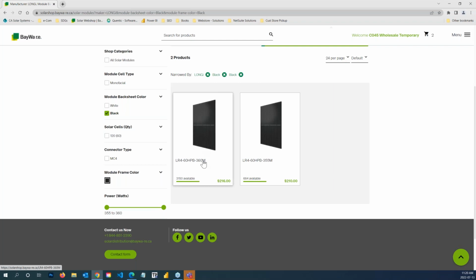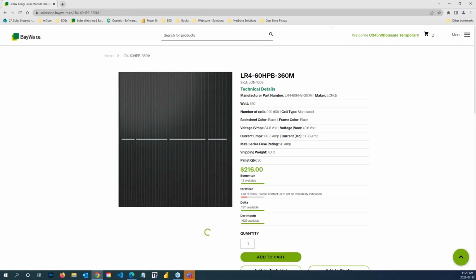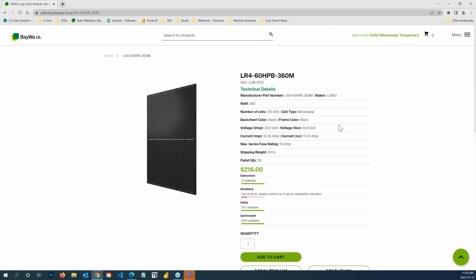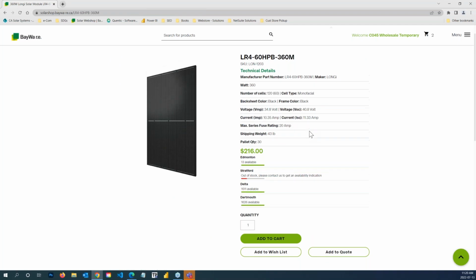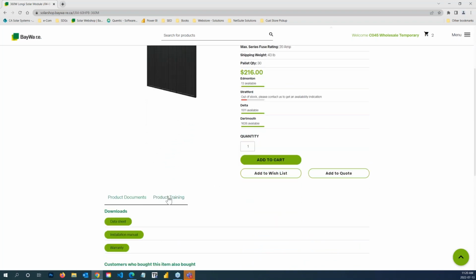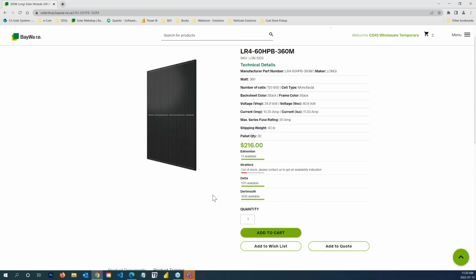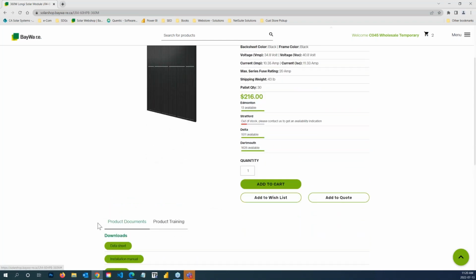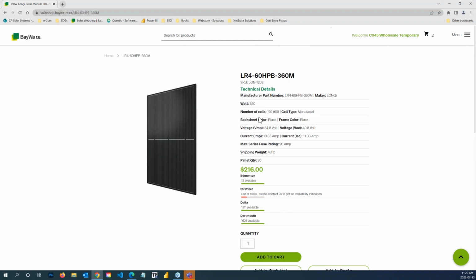So now that I've found that this is the module I need, I'll click on it. And this is the product detail page. If you remember, we didn't have this information here. This has been added. And down here, we used to have 4 tabs. So what we have done now is taken the product details from down here to up here